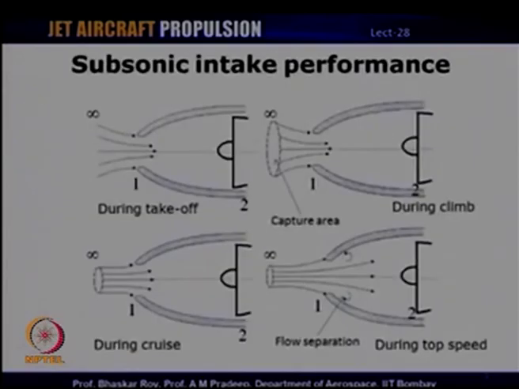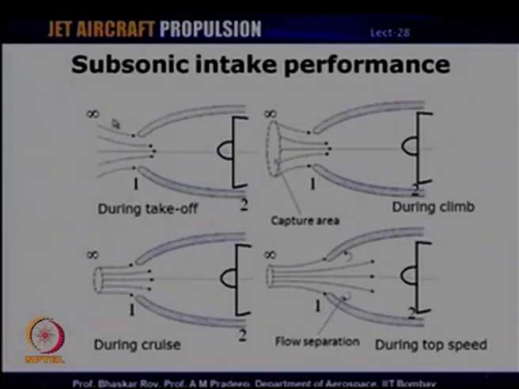Let us take one quick look at an example where we see what really happens as the operating conditions change for a fixed geometry subsonic intake. So, here we have a fixed geometry subsonic intake. This is how a typical intake would look for, let us say, a transport aircraft, a Boeing 747, 777 and so on. All these aircraft are typical subsonic transport aircraft. They all have intakes which look like this, and this is the compressor face of the engine, this is the hub of the engine. So, during takeoff, as I mentioned, the engine is operating at low speed and it requires